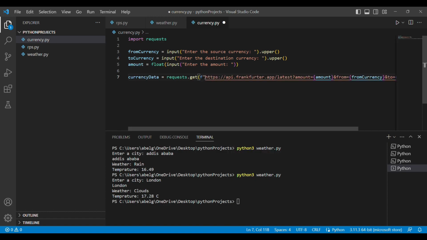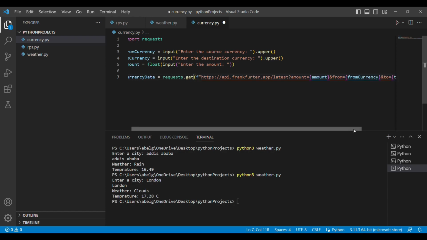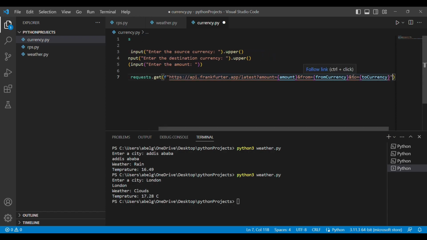So here what we need to focus on is the variables that we are inputting. So for the amount, we are going to set it to the amount that the user inputs, and for the from, we're going to set it to the variable from currency. And finally, in the to spot, we're going to put in the to currency we also took from the user.